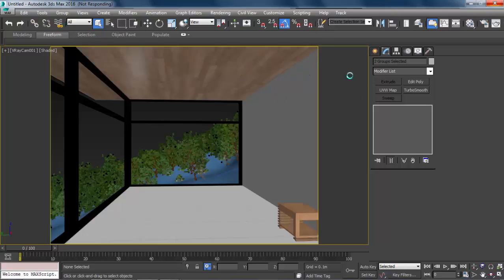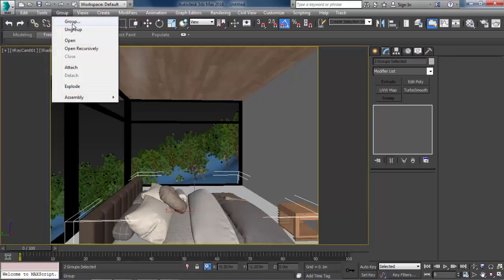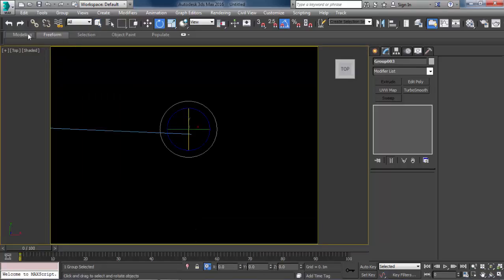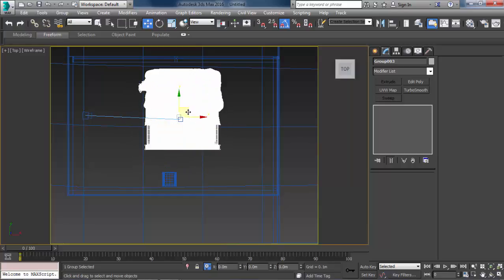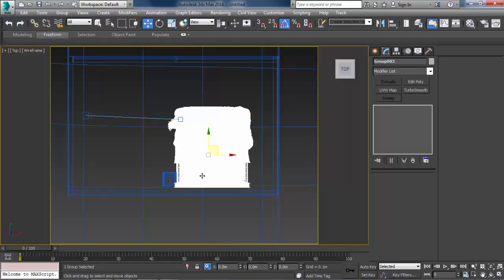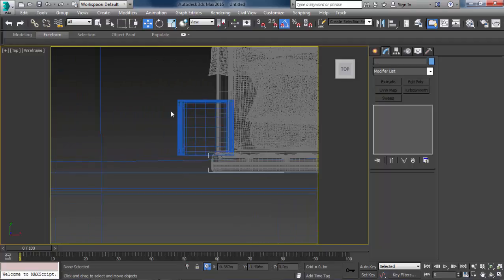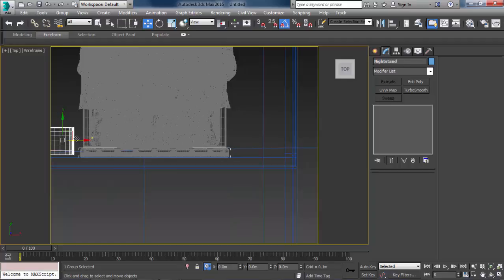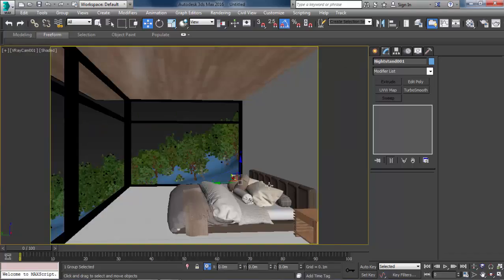It will take some time because the file is actually big. It has a lot of polygons. Yeah, many faces. So group them. There are 2 groups. Just group them so that we can move it around in the top view. I'll rotate it. Place it somewhere here. Just move the nightstand a little bit away, to create a copy. Let's see how it looks.